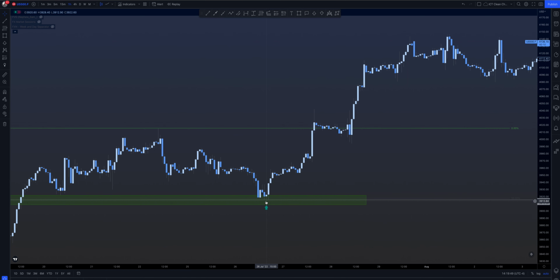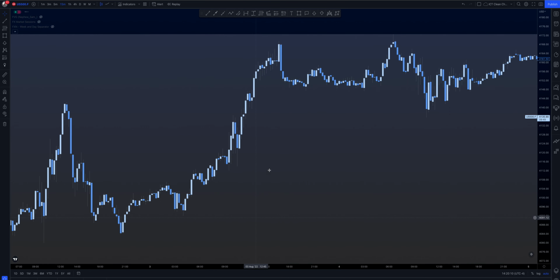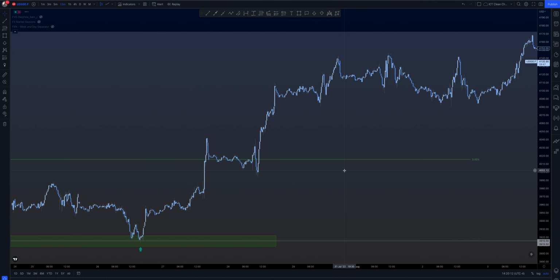So from the 1 hour time frame, we've got all of this key level drawn on automatically, so we don't get suckered into the market here. We don't get suckered into the market here or here, where we've got this shift in market structure, because we are actually moving away from this key level. And then if we go down to the 15-minute time frame,